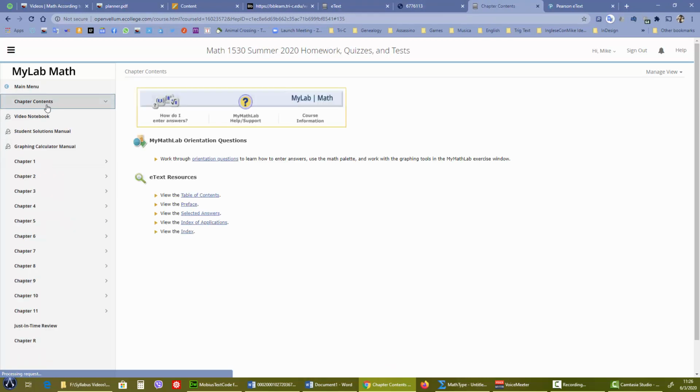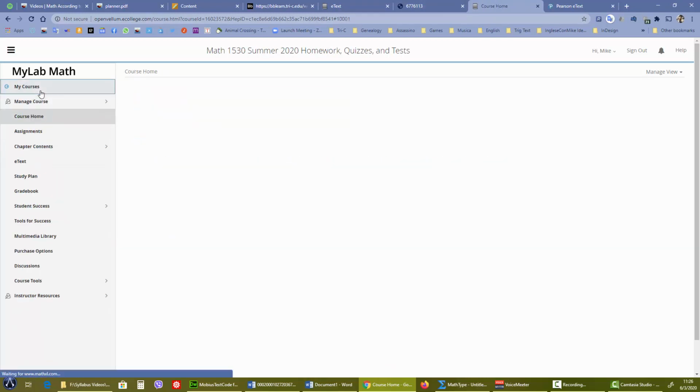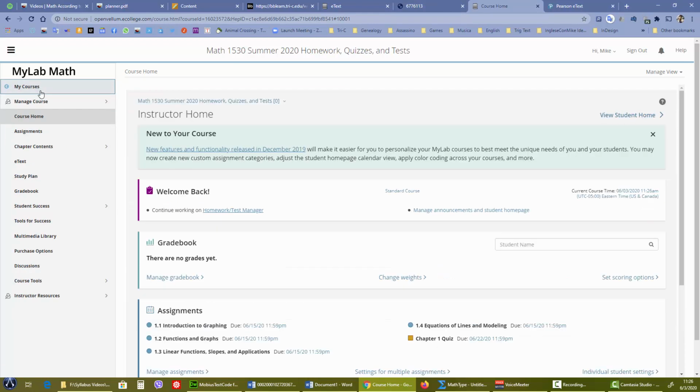All right. And just to note, Mymathlab is different, unfortunately. So you might have a link that says assignments, like this one says, or you might have a link that says homework and another link that says quizzes and tests. Depending on your menu setup, and that's pre-made in Mymathlab, I can't change that. You might have to go between a couple links to get to all of your assignments.